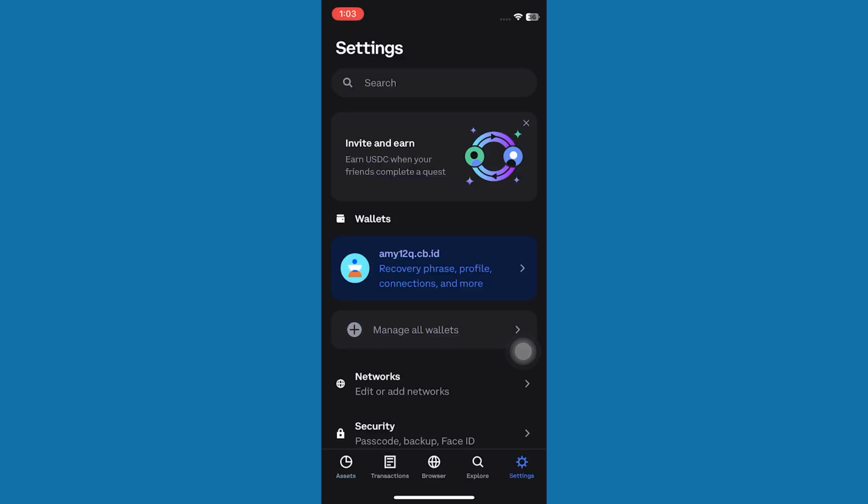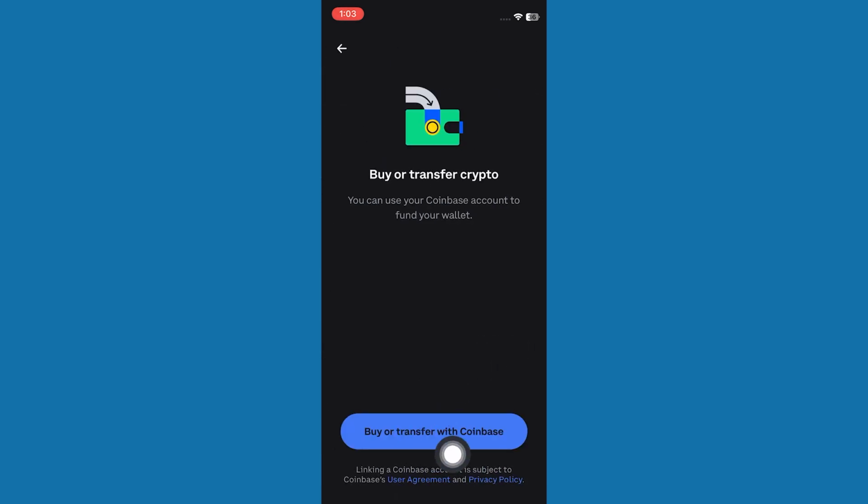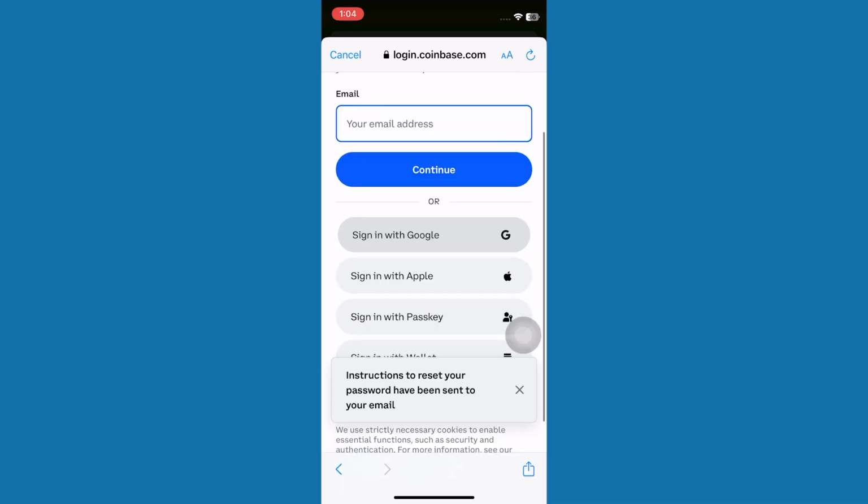Go to Settings from the bottom menu bar. Look for the option Connect with Coinbase and tap it. Tap on Buy or Transfer with Coinbase, and then you have to sign into your Coinbase account. If you already have an account, then add your Gmail and sign in. Otherwise, you have to create a Coinbase account. You can sign up